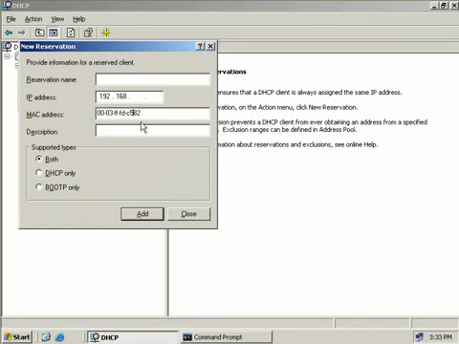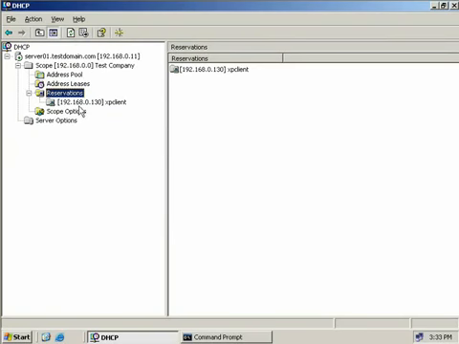Now what we'll have to do is remove these dashes because our DHCP console doesn't actually like the dashes and it will be invalid formatting for this particular console. And now we can just simply enter in the name of the PC, which was XP Client, and then we'll just provide it with an IP address. In fact, we'll give this address of 130, and then we'll just click Add. And now we'll click on Close, and we can see here that under our reservations we have a reservation for XP Client with the IP address of